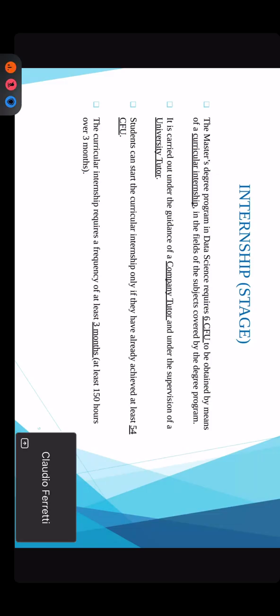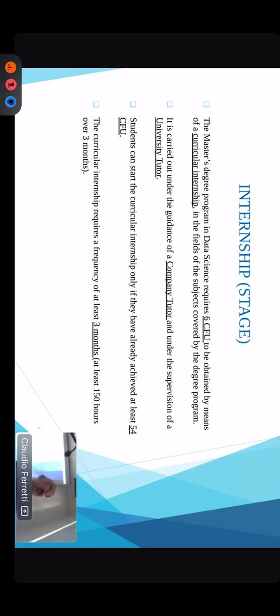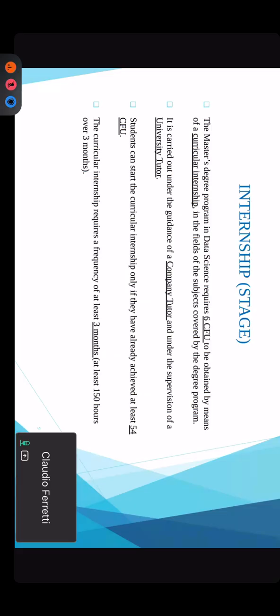So we will see, you can choose to do the internship activity in the university. In that case, you have 2 professors asking you as a company tutor, tutor aziendale, or a university tutor. But if you are in a company, which is the usual situation, you will have the company tutor there, and anyway, a professor here as a university tutor. So 3 months long, this activity.